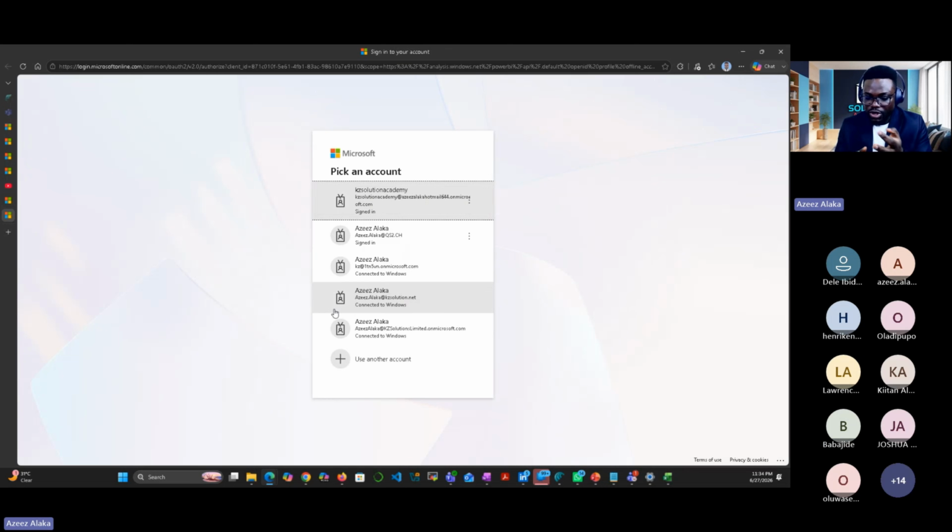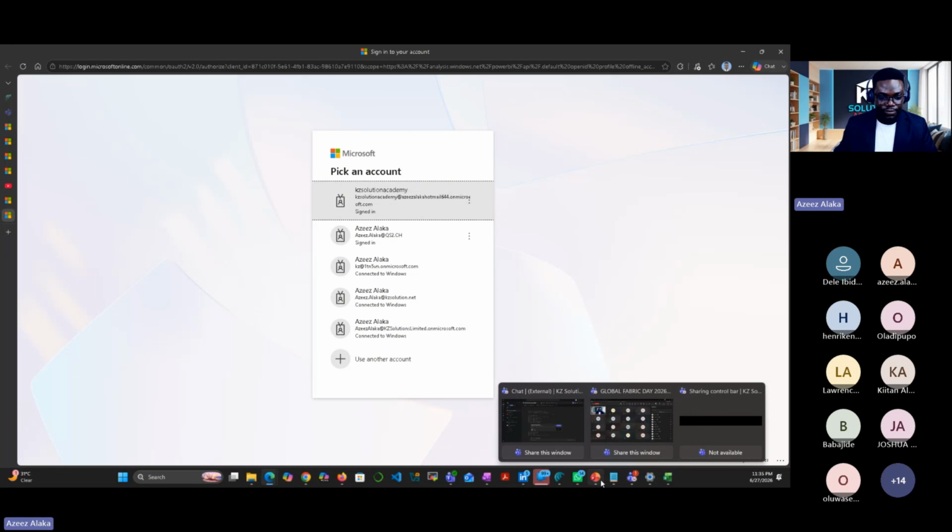So now, 2 things. It's going to ask you to put a work account or school account. I know a lot of us might not have a work account, only a personal account. I'll show you a way to do that. But it's very simple with a work account. Just put your work account and it's going to take it and you continue to use your free trial. But if you don't have a work account and you have your personal account, then you need to use the third method.